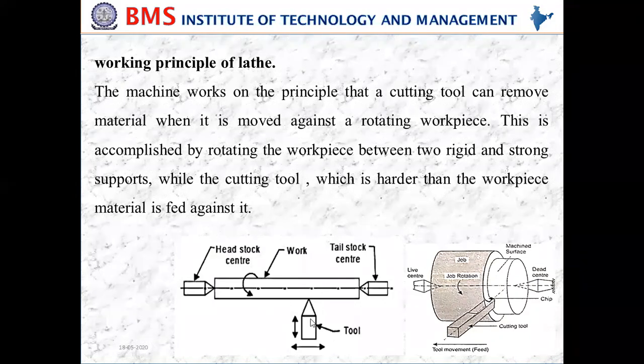This is the cutting tool, which is used to remove the material by the rotation of this workpiece. The tool is stationary and it can be moved in a longitudinal direction as well as a transverse direction. When it is moving, first you need to give a little bit in the transverse direction to get the feed or depth of cut, and then it has to be moved in the longitudinal direction so that the metal can be removed.